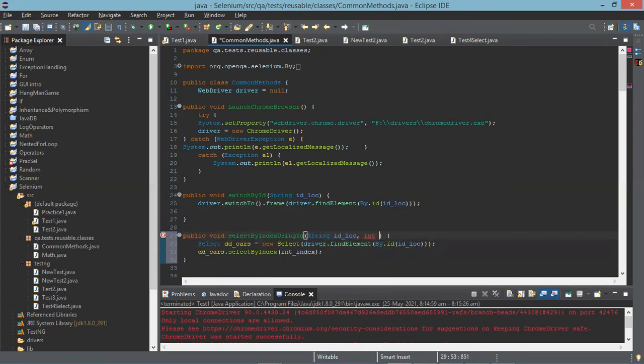Now give the int index. Int index. Right? So what you are doing is, it's an integer you are mentioning there, and you are saying it to be given in that particular method, right? Now go to the next method and copy those two lines and paste it and get the methods done.